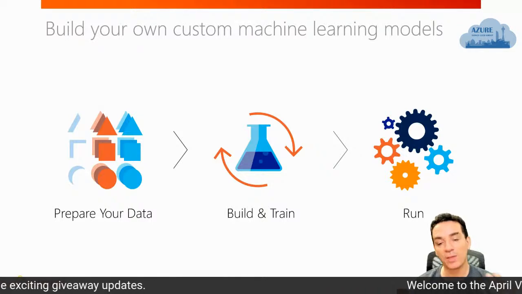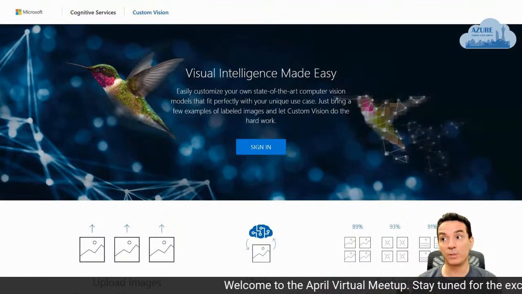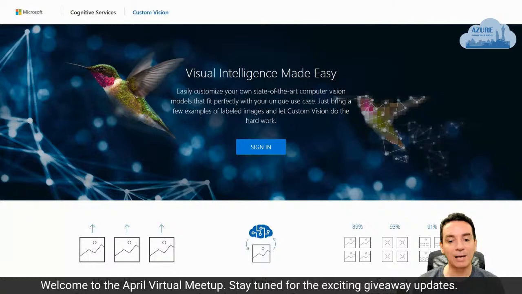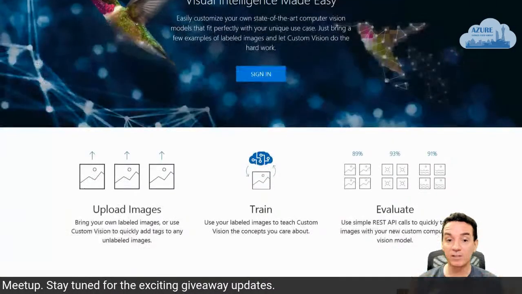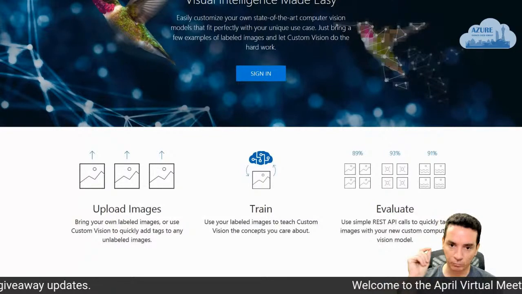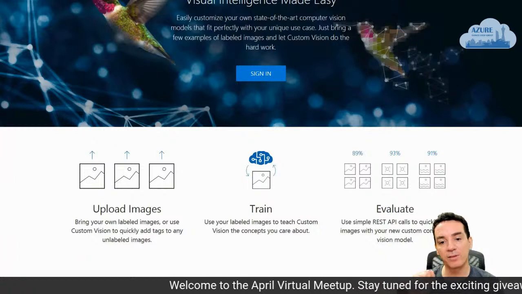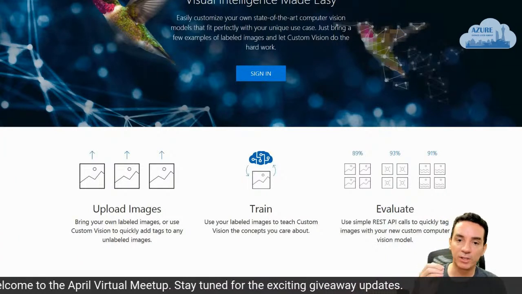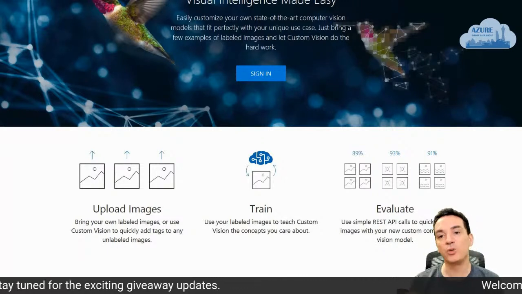And as I mentioned, in the cognitive services world, we have, for computer vision, one of the services which is called Custom Vision, that basically allows us to do this ABC. Because we can start uploading images, which is going to be our data. So we upload our images, we tag our images, we refine the images that we have, then we train a computer vision model. With those images that we upload and tag, we can train this model, and then we can start to use this and evaluate.